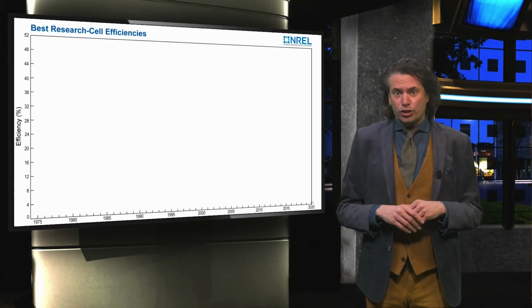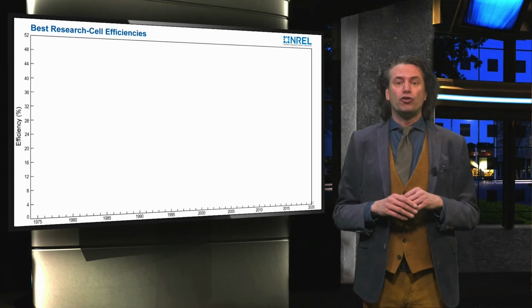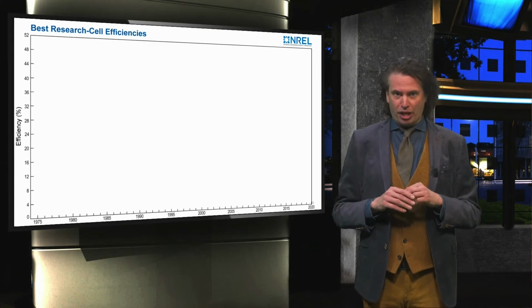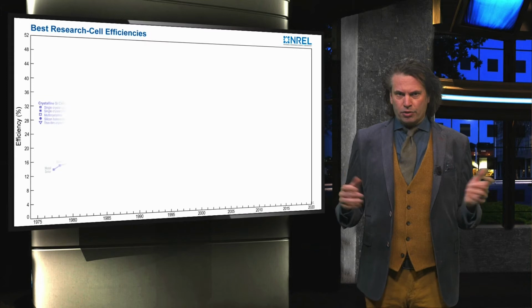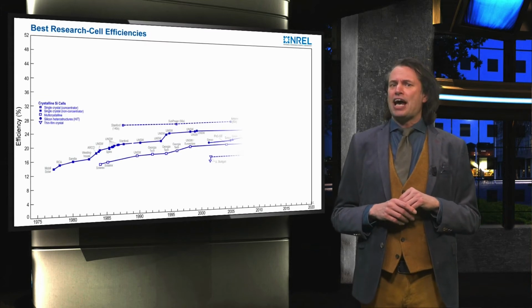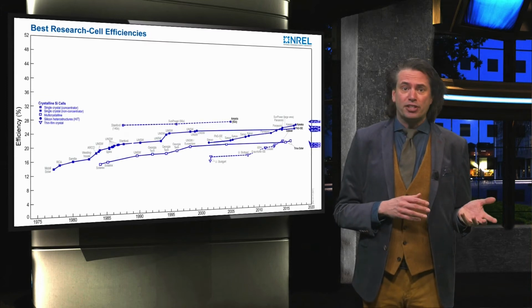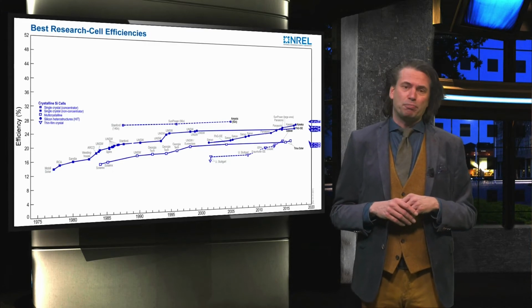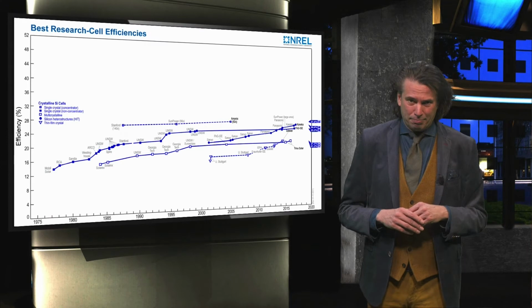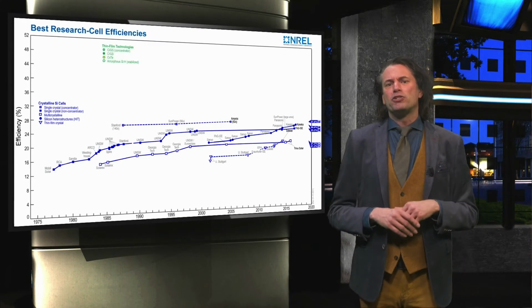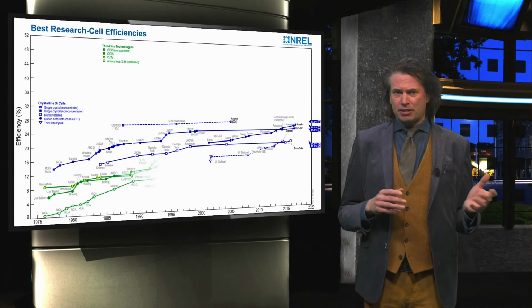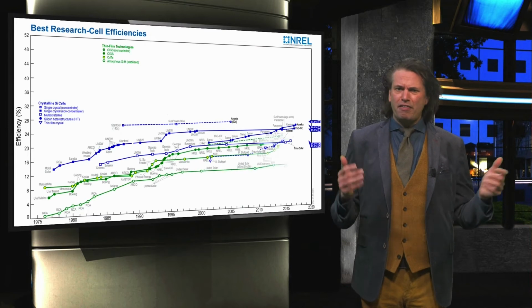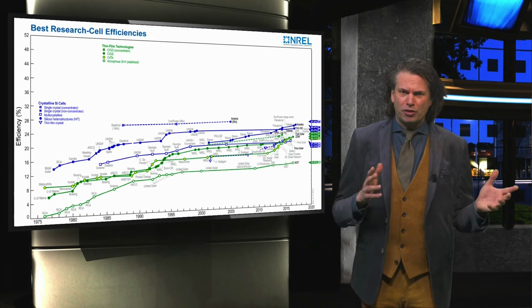This NREL chart shows the evolution of the best research cell efficiencies. The record efficiency of crystalline silicon has increased from about 14% in 1975 to a current record of 26.6% by Kaneka. The performance of CIGS and cadmium telluride solar cells is very similar, with a record efficiency of